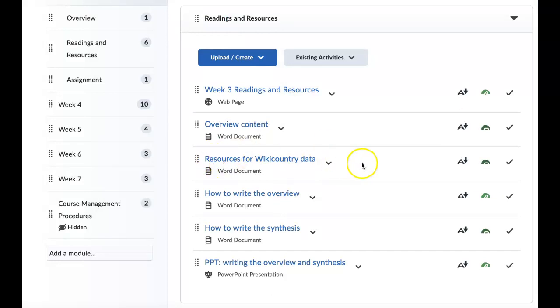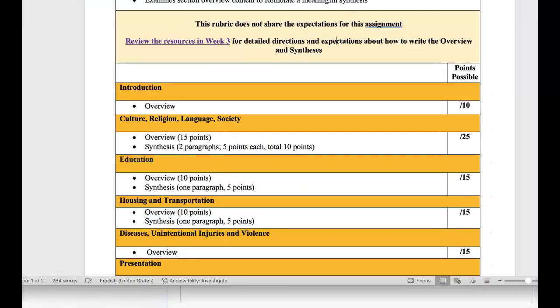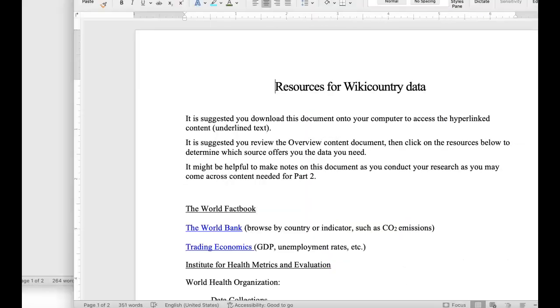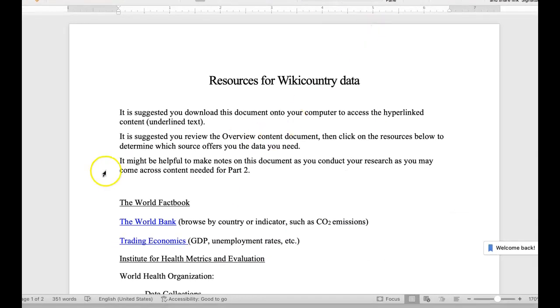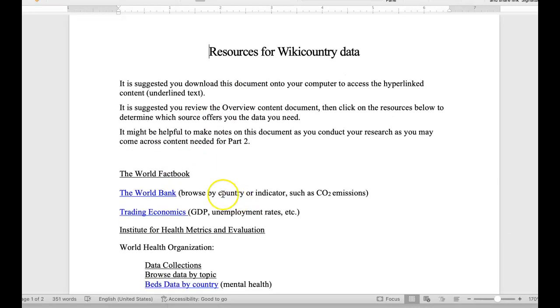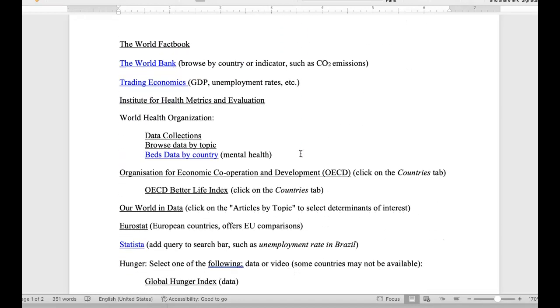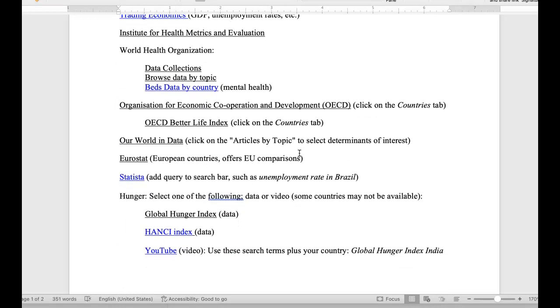The next document here is resources for Wiki country data. And this will be that document here. And so this document, you will be referring to as you conduct your research, but you'll want to look at it from your computer because all of these are hyperlinked. That way you can obtain data from the sources that I have shared here with you,